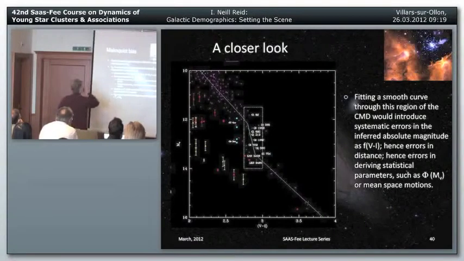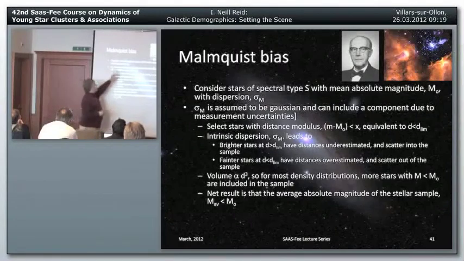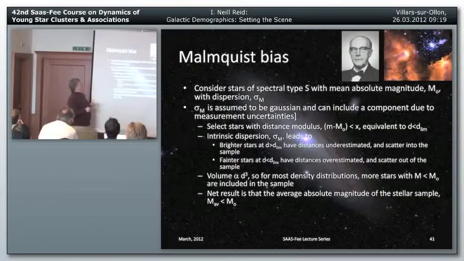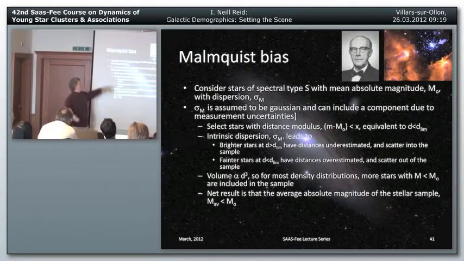Malmquist bias. There's Mr. Malmquist. Consider a set of stars of a given spectral type with a given absolute magnitude, and there's a dispersion in that absolute magnitude of sigma. Assume that that dispersion is Gaussian, and it could include a component due to the measurement uncertainties. Typically, when you select a sample of stars to analyze, you'll do something like select stars within a given distance limit. As soon as you impose that distance limit, if you have this dispersion here, you're going to introduce Malmquist